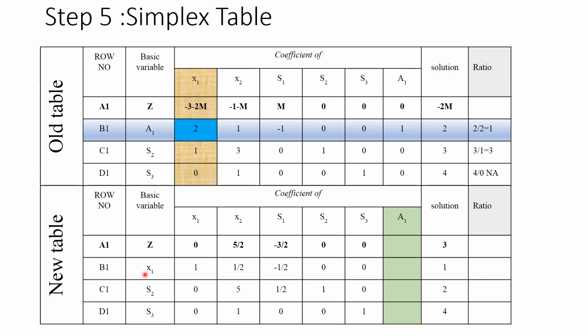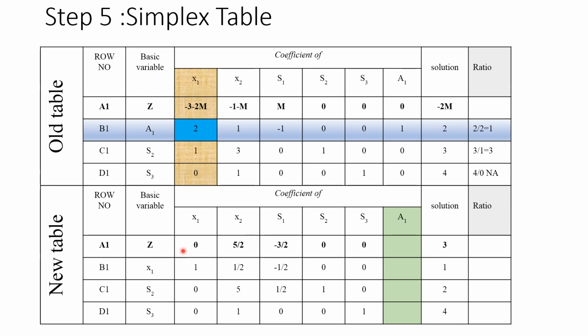So multiplying this equation by minus m, this key row by column. Okay, now what about the key row? So you just have to apply the solution divided by key column. Okay, this 2 value divided by 2 will be 1. I have mentioned in the previous video how to apply row transformation in a simplex table.